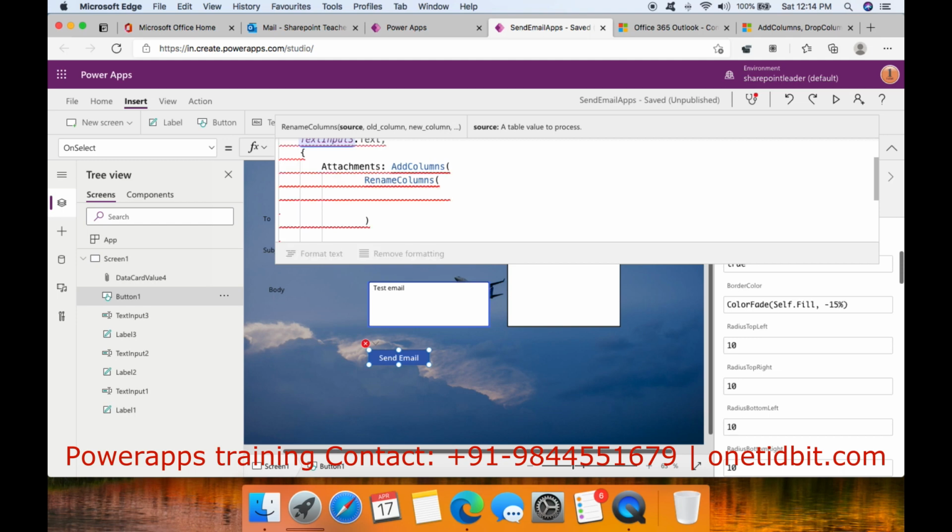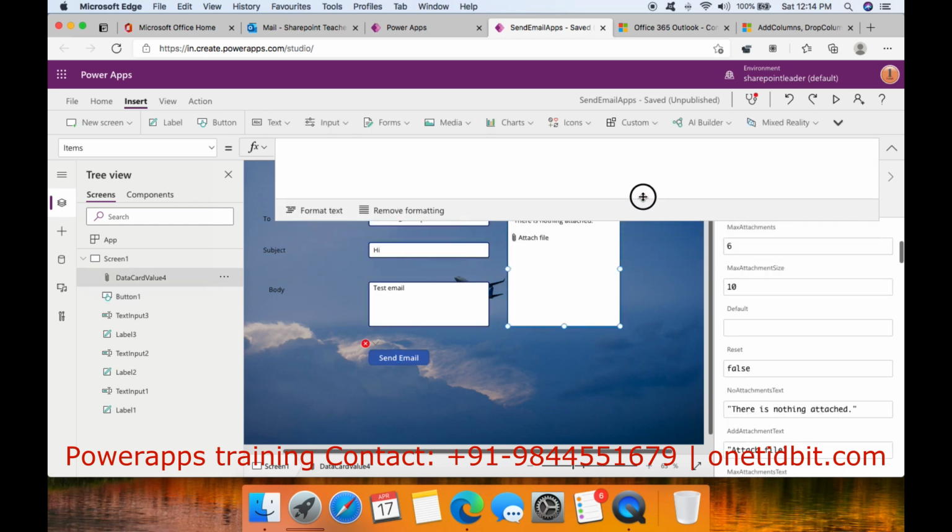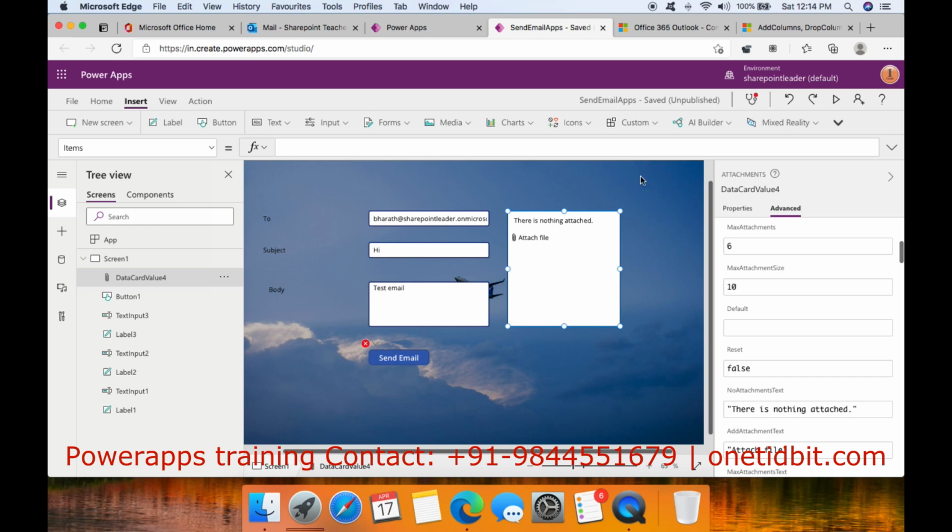Let's check what the attachment control name is. Now the attachment control name is DataCardValue4. We can change this name to something like txt_email_attach, we can write like that.